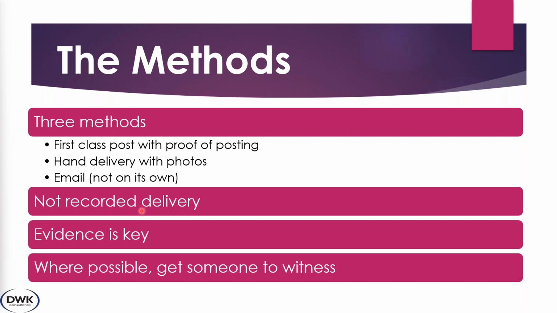And that evidence, again, can play a key part in relation to proving on the balance of probability, as I said, that you had validly served that notice. So they are the two bomb-proof methods that I would always do. I would not do either of them on their own. I would always do them together, as in I would do the post office delivery or the Royal Mail delivery, and in addition to that, I would do hand delivery with photos, video, selfie, and my witness statement. And in addition to that,